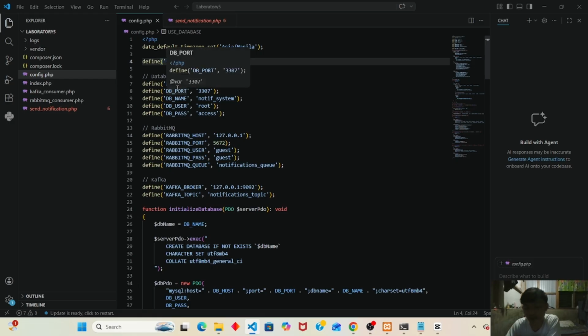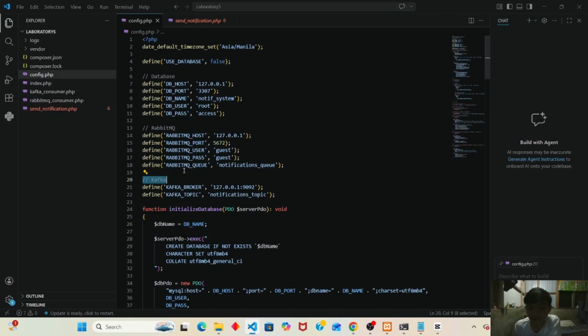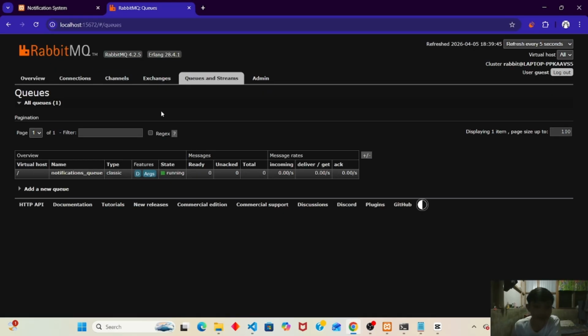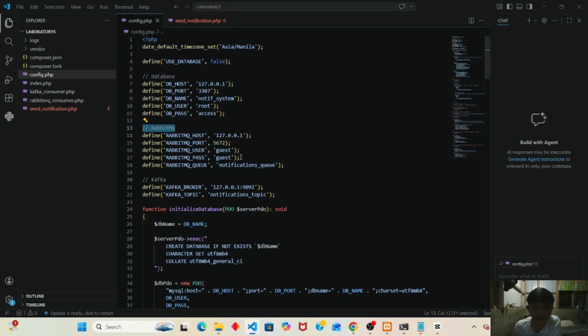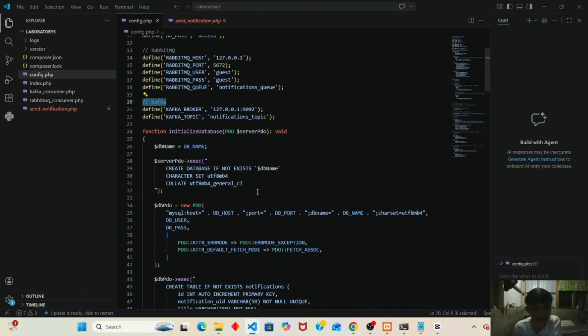Okay. Next we have here the connection settings: the database, RabbitMQ, and Kafka. So database, this is only used in MySQL. RabbitMQ, which is the queue system that I showed you, this queue is the message broker. And next is Kafka. This is the streaming system that I used earlier. Okay.